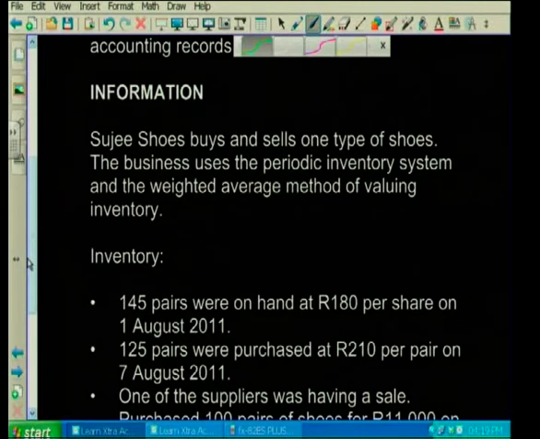Remember, we have 2 stock methods. What are they? They are perpetual stock. What do we know about perpetual stock? Perpetual stock is where we keep a running record of stock. In other words, we use a trading stock account, right? Obviously, it has its advantages and its disadvantages. That's not what we're going into here.